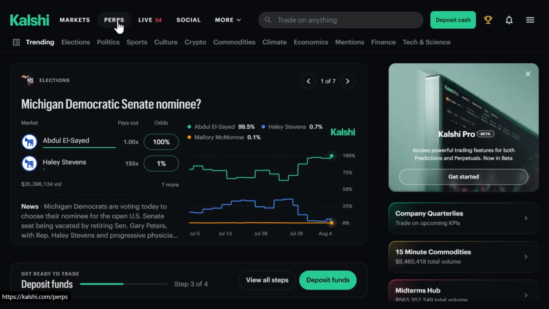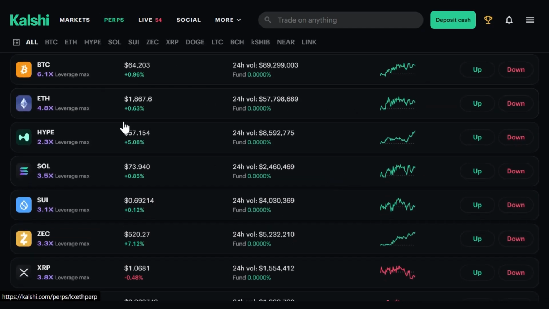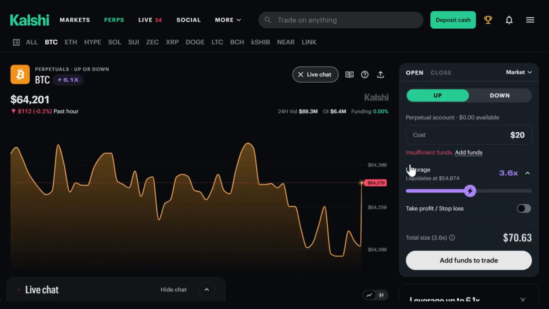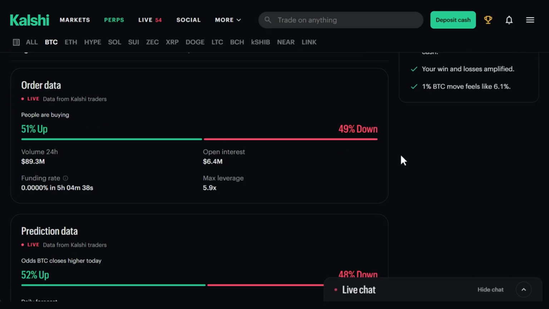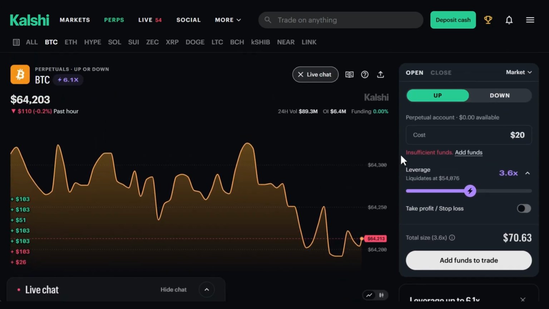Now on top of all these event markets, Kalshi also has something called Perps, and this is specifically for crypto. But here's the thing, it's not traditional crypto trading where you're buying an actual coin and watching the exact price. Instead, with Perps, you're simply betting on whether the price goes up or down over a set period. So it's a much simpler binary way to play crypto price movement without actually holding the asset or dealing with a wallet full of tokens. We'll touch on the bonus for that in a second, but just know that's a separate product sitting right alongside